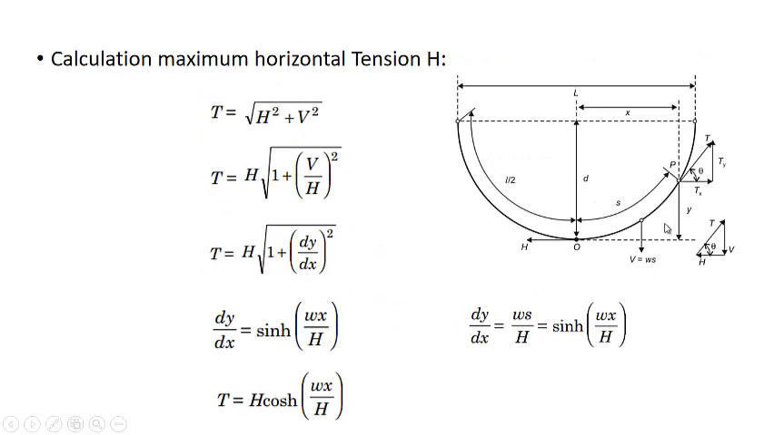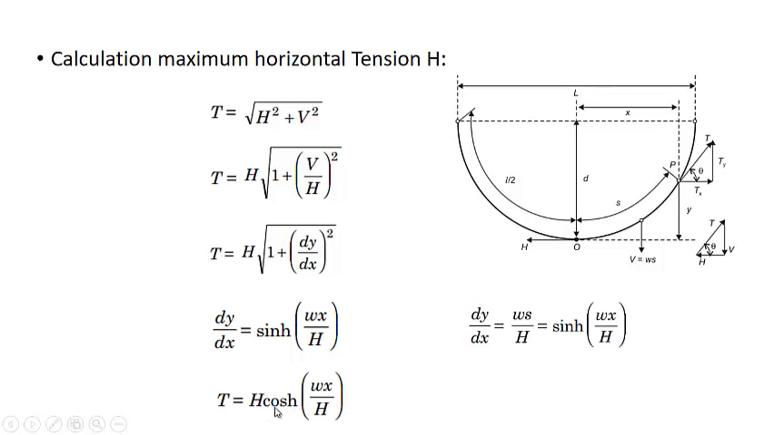Now we'll calculate this H, the maximum horizontal tension H. It can be calculated from this triangle. We know that from this triangle, T will be equal to square root of H square plus V square. Or taking H common, it will be equal to H into square root of 1 plus V by H whole square. We know that from this triangle, this V by H will also be equal to dy by dx, and this dy by dx is equal to sine hyperbolic wx by h, and when we put 1 plus sine hyperbolic square wx by h, it will be equal to cos